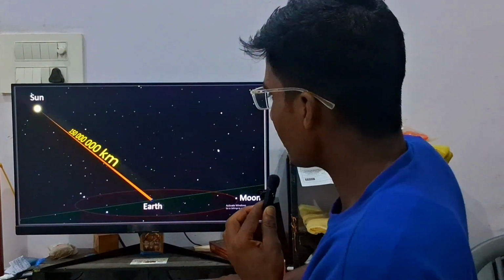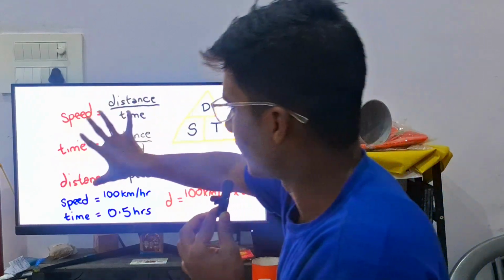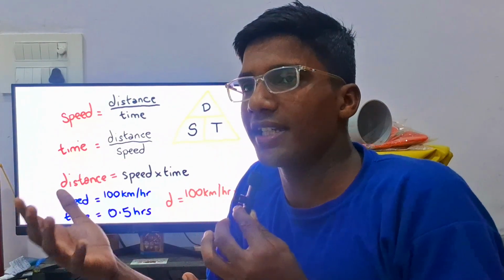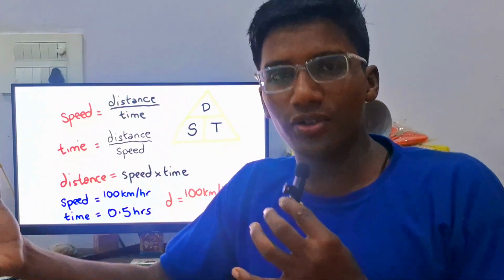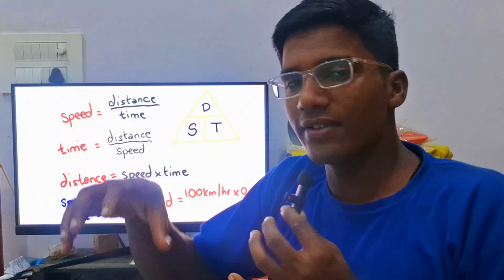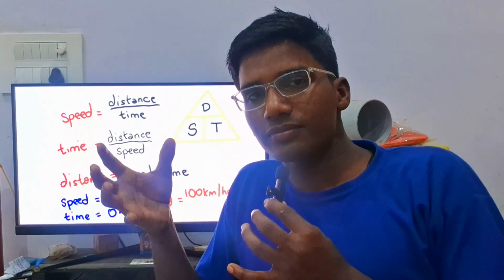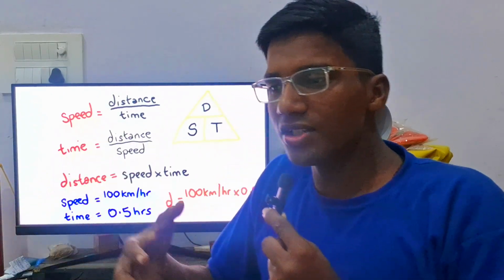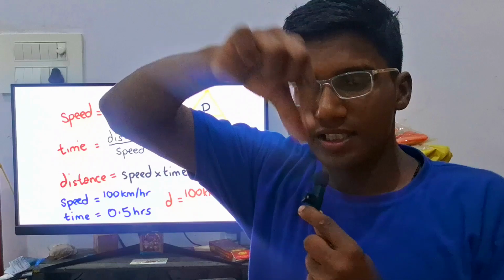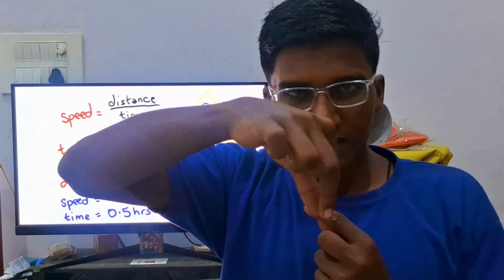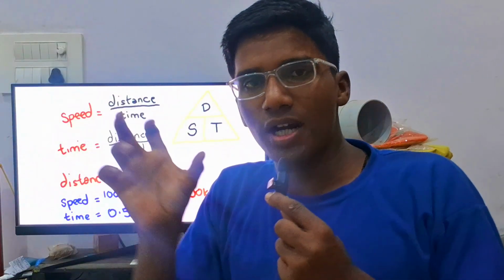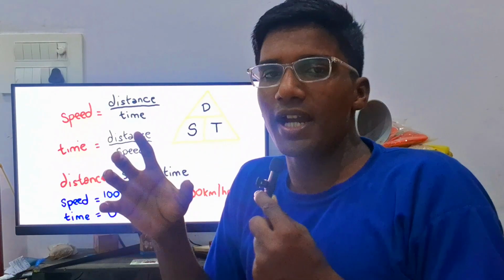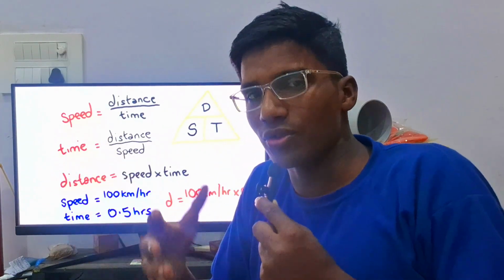So, this is the formula of a speed. How can we find the speed of any object, like the speed of light? On average, it is 3 lakh kilometers per second. This is the speed of light. How do we calculate it? We measure a time gap between this point, where light is emitted, and this point, in a particular time. We know the time, we know the distance. Distance upon time is equal to speed.